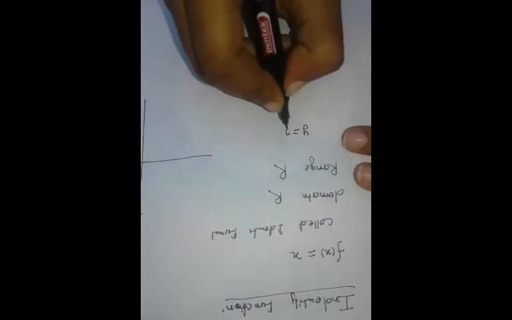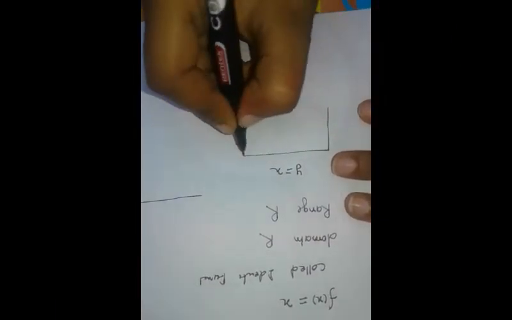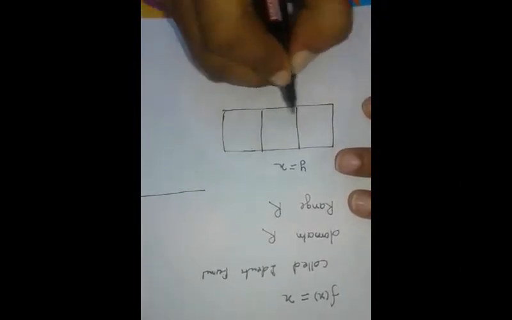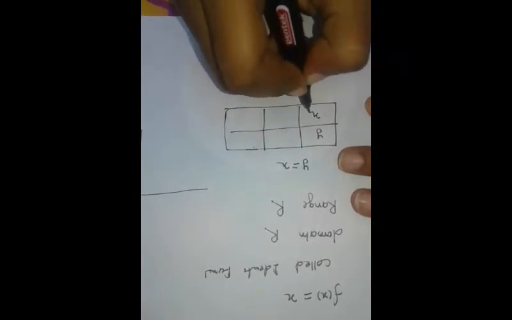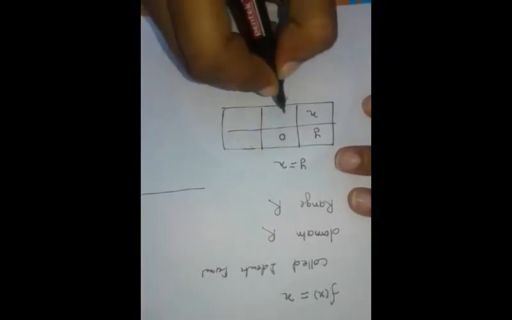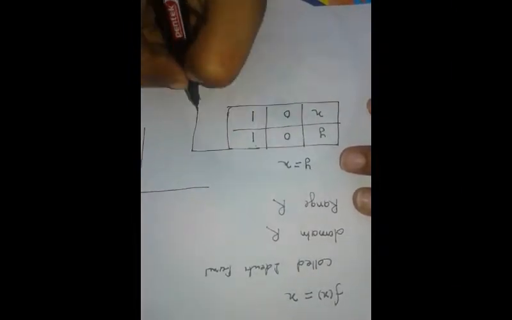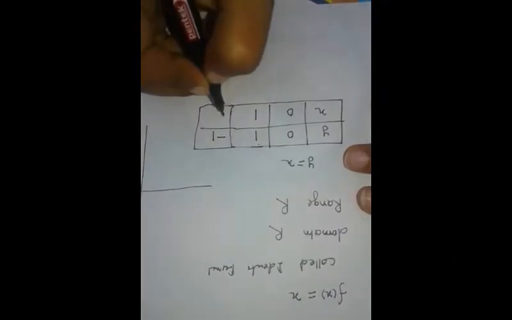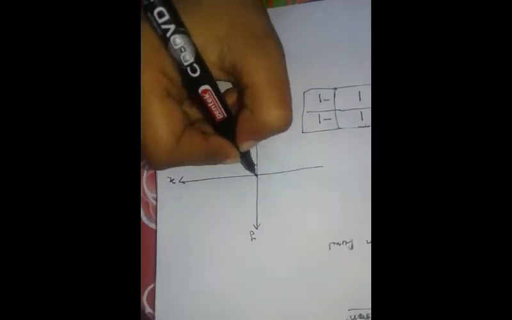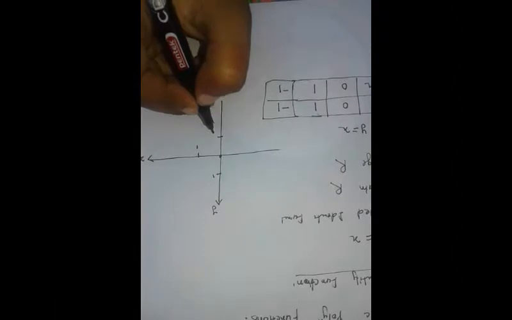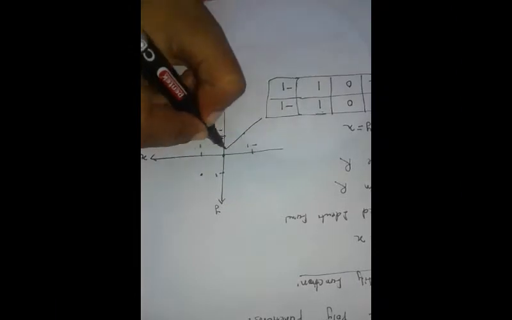How to draw the graph? Let us suppose y = x, and we construct a table where we write two values, y and x. When we put y = 0, we get x = 0. When we put y = 1, we get x = 1. And when we put y = -1, we get x = -1. Then the point (0, 0) is here, (1, 1) is here, and (-1, -1) is here. So this is the graph of